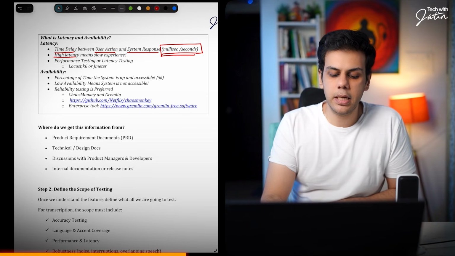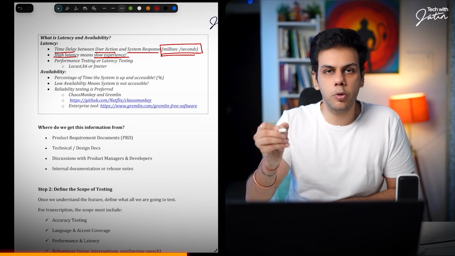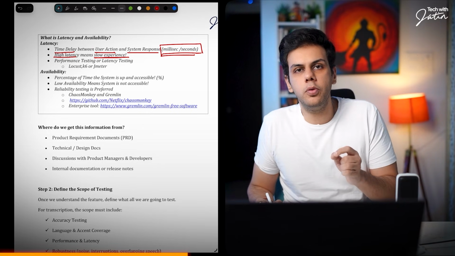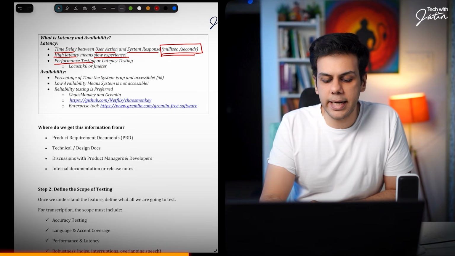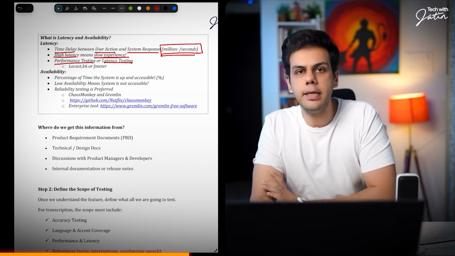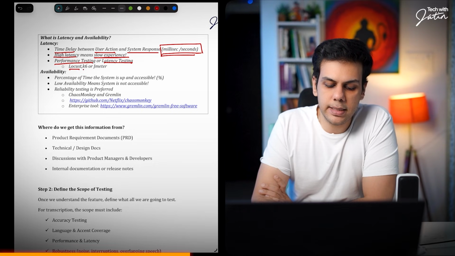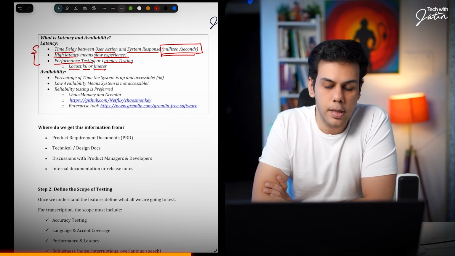High latency basically means the feature is working slowly, the experience is slow. And whenever you want to test latency, you will be doing performance testing or latency testing, and at that time, you will be using tools like Locust, K6 or JMeter. Is this part making sense to everyone? What is latency?